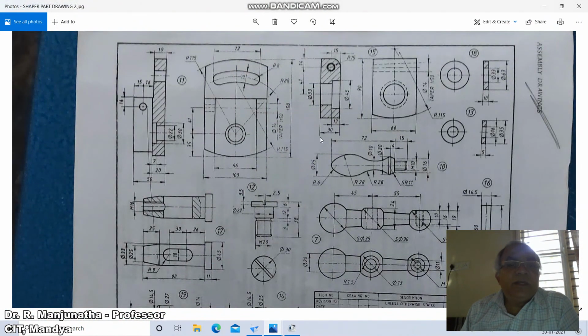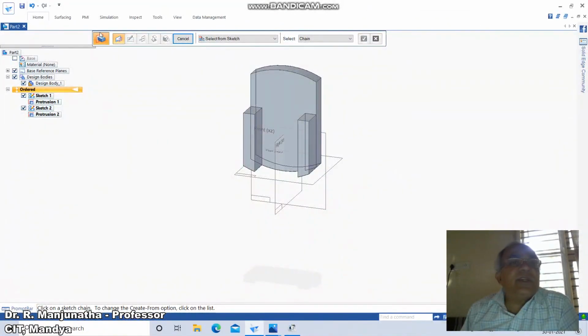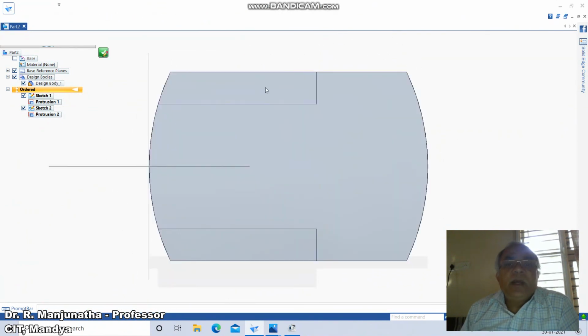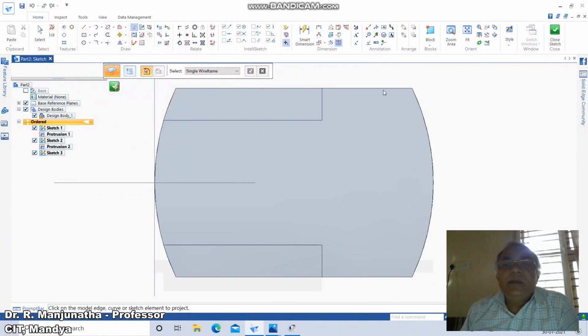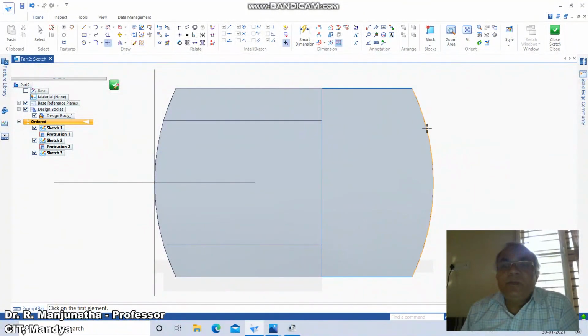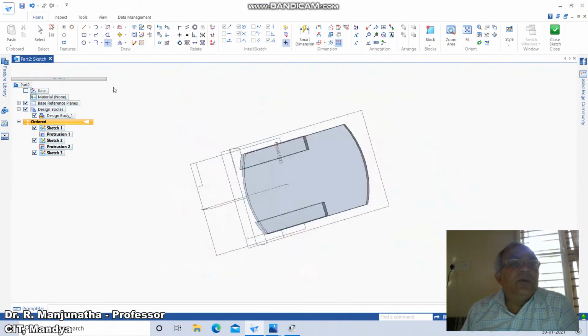So to take 1 mm inside, you just go to sketch, click on sketch. So click on this plane and then you select project to sketch, say OK, select this line, this arc and this side and this side, and go to trim corner between this and this, between these two, and between these two. Once you get this, go to close sketch,